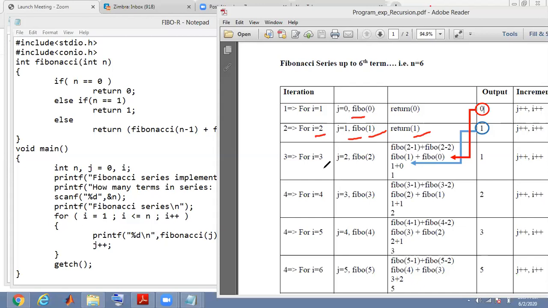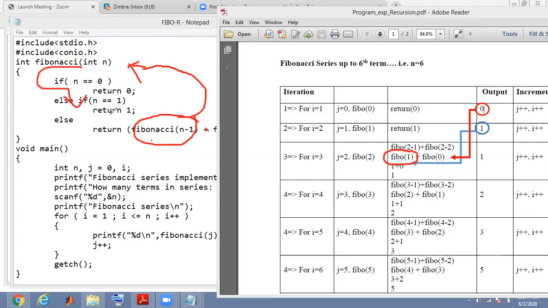Now, for the third iteration, when our j becomes 2, it will call the function with the input 2. In that situation, recursion will come into place and we need to call Fibonacci of 2 minus 1 and Fibonacci of 2 minus 2, that will result in Fibonacci of 1 and Fibonacci of 0. Fibonacci of 1 will come back to the function with the input value 1 and simply return 1.